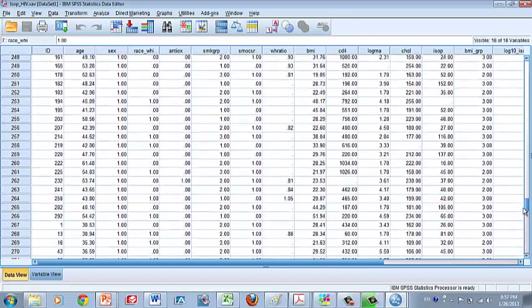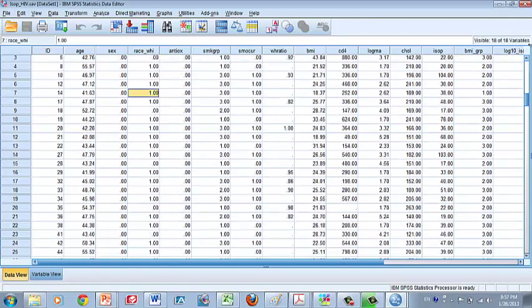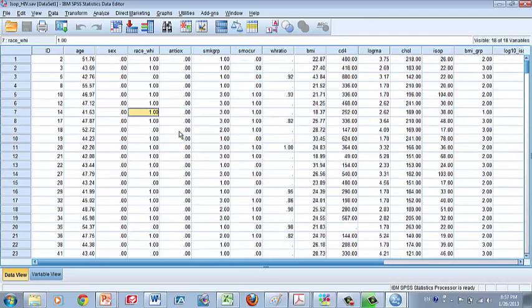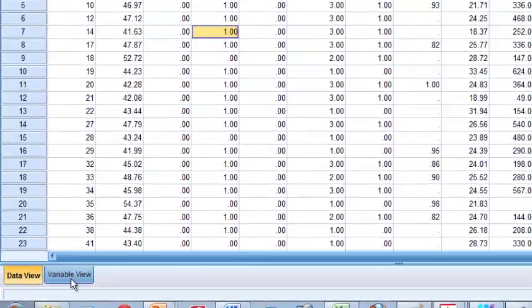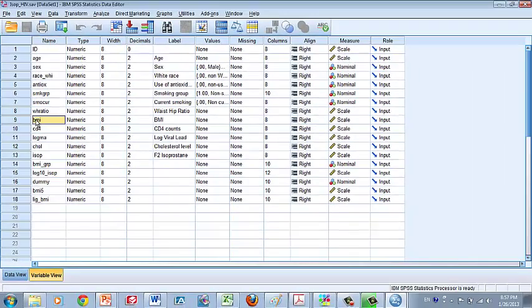We collected data from 306 patients, and the outcome variable of interest is the F2 isoprostane variable. F2 isoprostane is a value measuring the level of antioxidative stress. That's this variable. And in this exercise, we want to assess the effect of BMI after controlling for